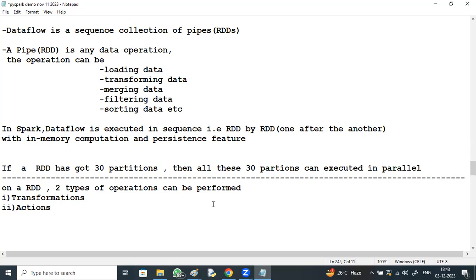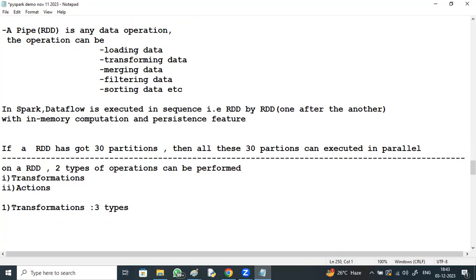Transformations are mainly of three types.